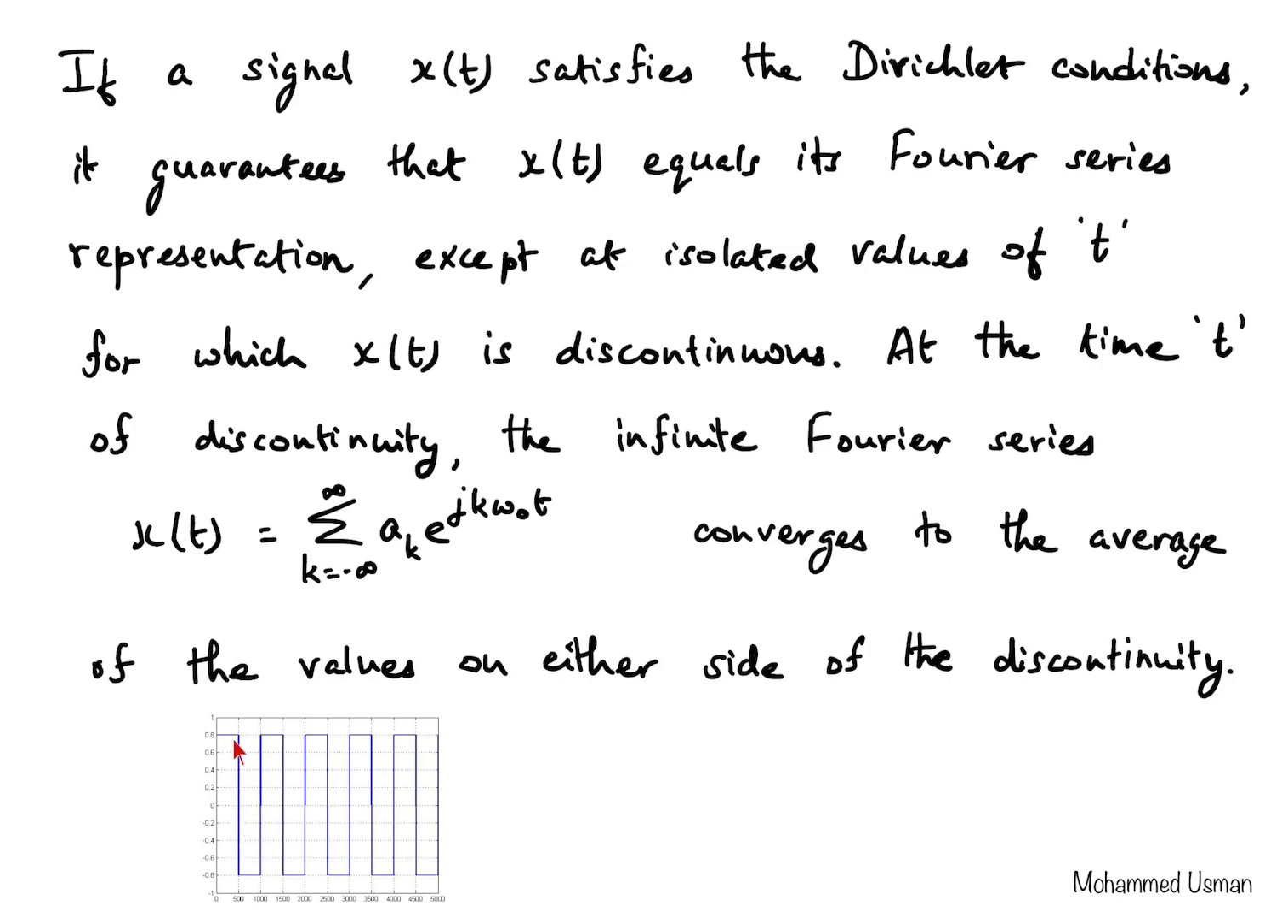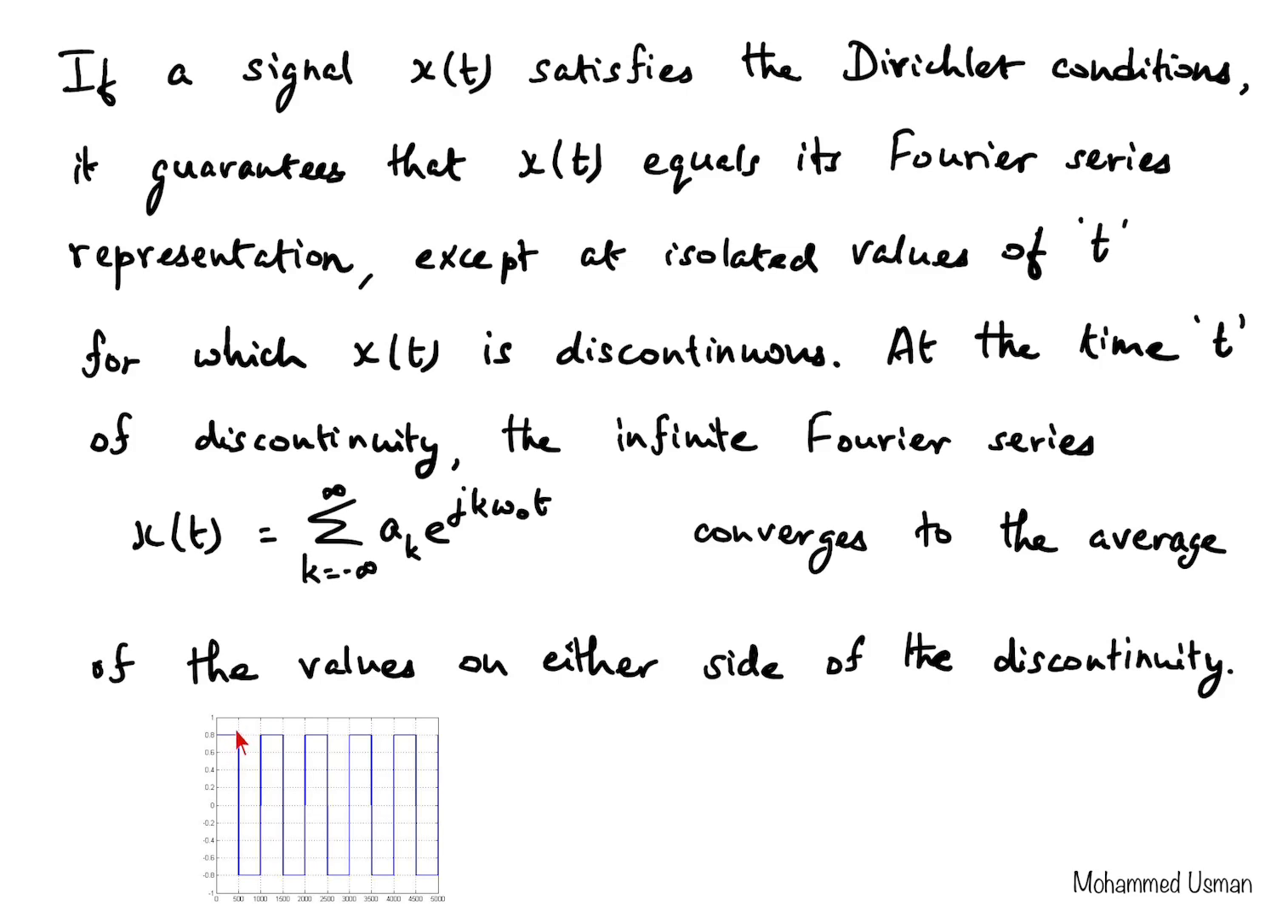So where we have this vertical transition, abrupt transition, at this instant of time, that is at 0.5 seconds, I've plotted this waveform where the time axis is in milliseconds. So 500 corresponds to 0.5 second. So at 0.5 second there is a discontinuity here. At this point of discontinuity, if we have the Fourier series representation, then the value of the Fourier series representation at that particular time would be equal to the average of the values